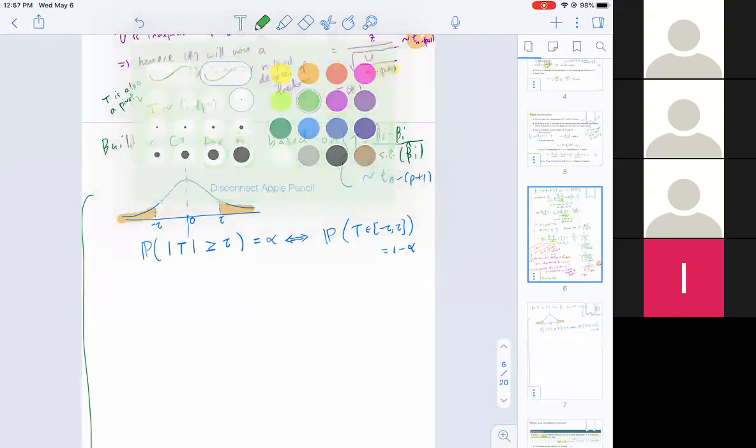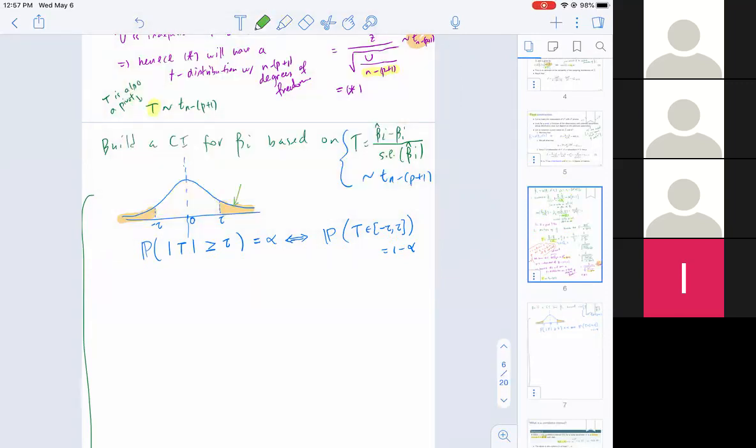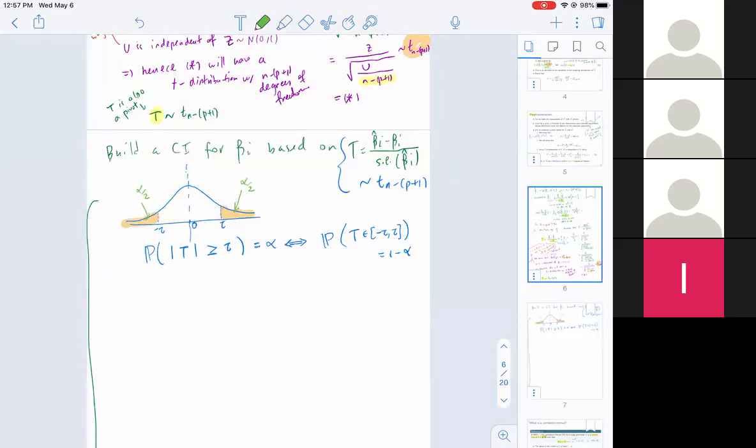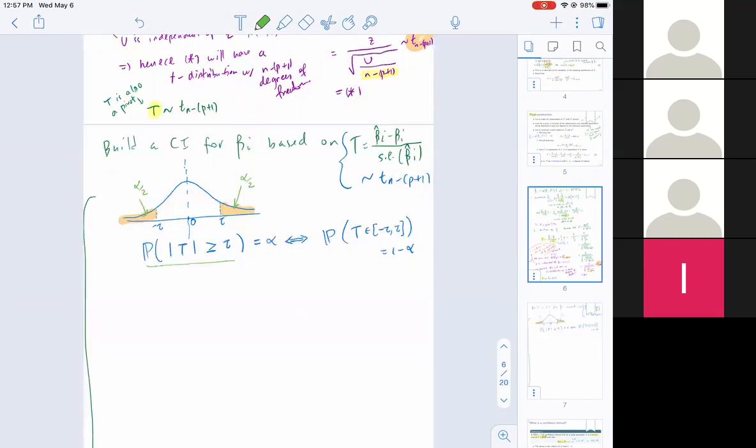Because there's symmetry, if I make the area under this curve alpha over 2, this probability is the area under the density that I highlighted. That's how you compute it. So this is basically the integral of f_t(t) dt